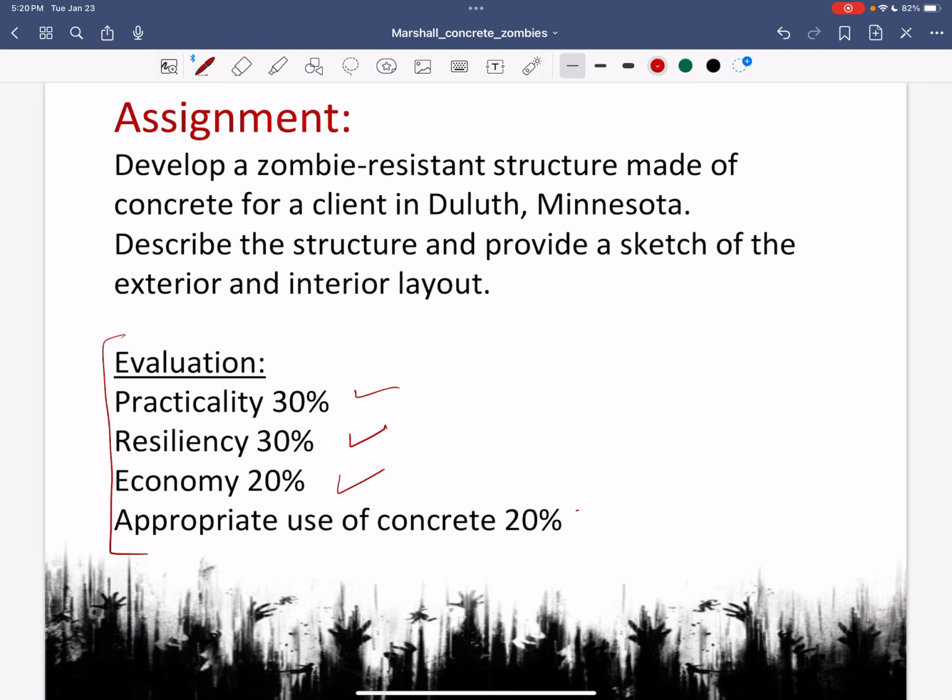And are you using concrete appropriately? The concrete can't be teeny, skinny little spindles because it needs to have the reinforcement, and it typically is pretty robust. But I can use this to help with my resiliency, for instance, for staying cool or hot or what have you.